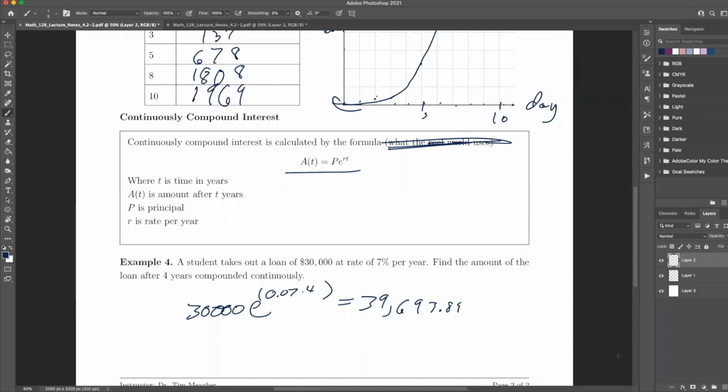All right, that's the end of the notes. Your homework will deal with some of these compounding problems, so you'll have to compound normally,